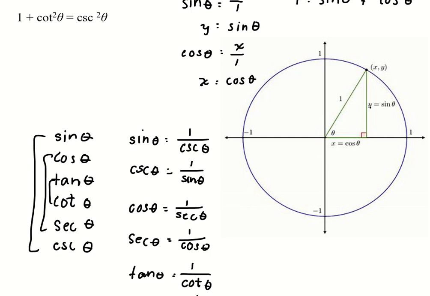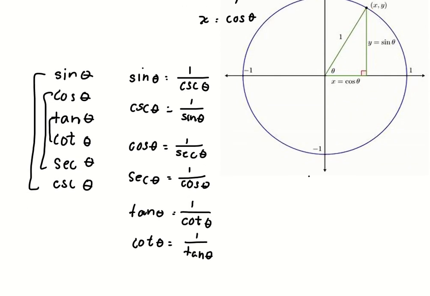So that's y over x. In this case, tangent theta is equal to, y is sine theta, right? So sine theta divided by cosine theta,